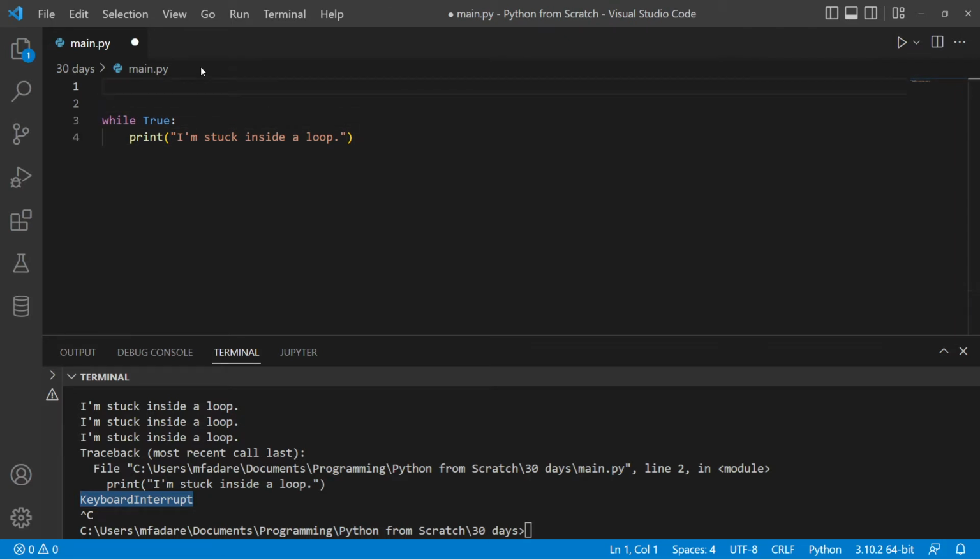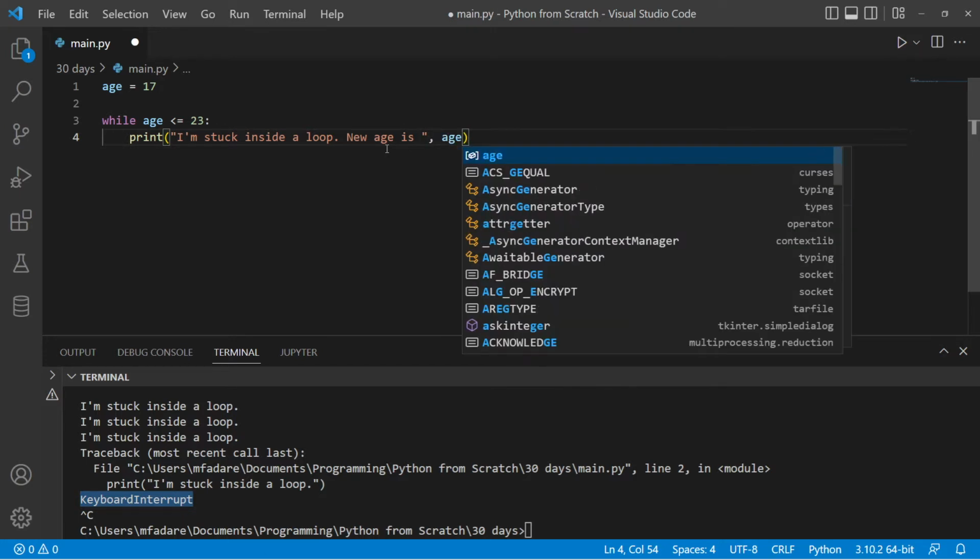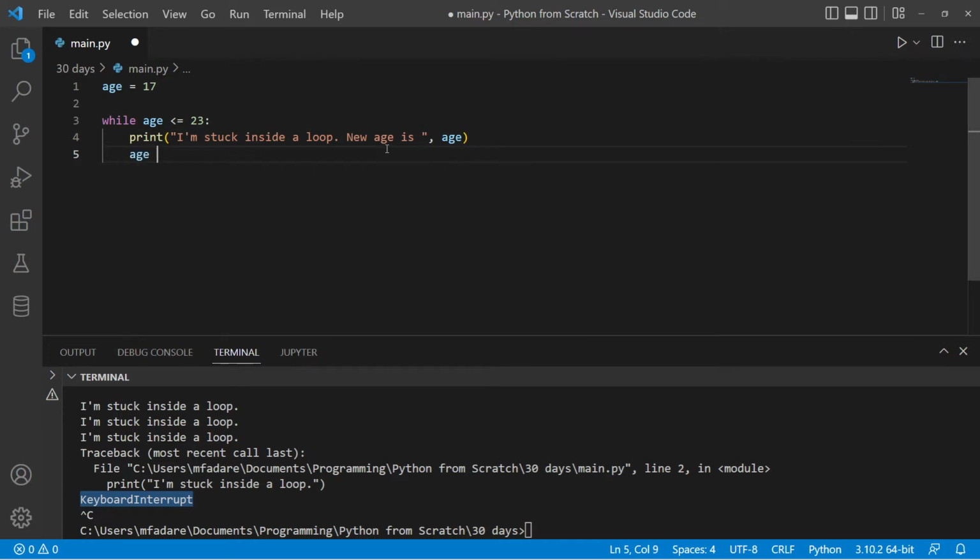Okay, let us make it a little bit interactive so that we can see what is going on. Remember our example in our if else statement. So we say that age is 17, and let's say while age is less than or equal to 23. This is definitely going to be true, because the system will test for this condition and it will return a true value. And once that is true, it runs all the instructions inside here. So I want to print "I am inside a loop." "New age is," then let us print our age,